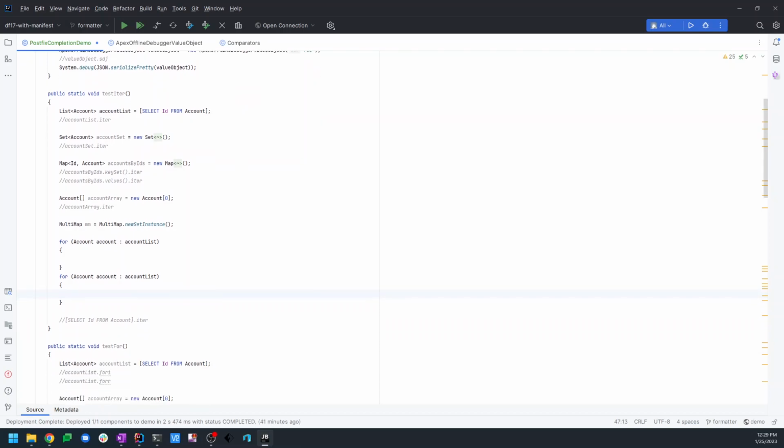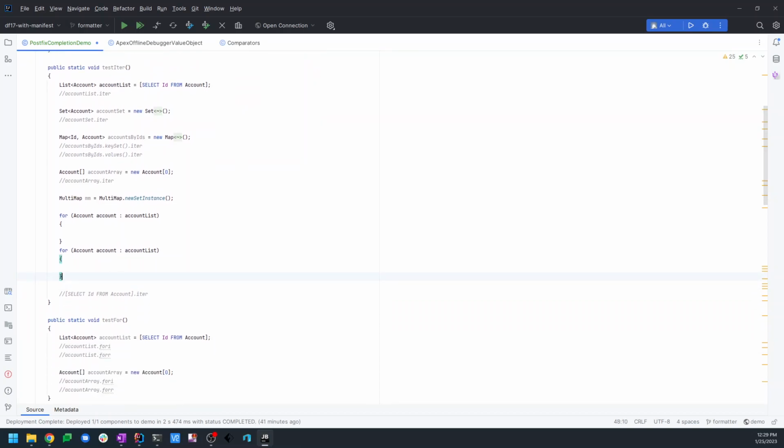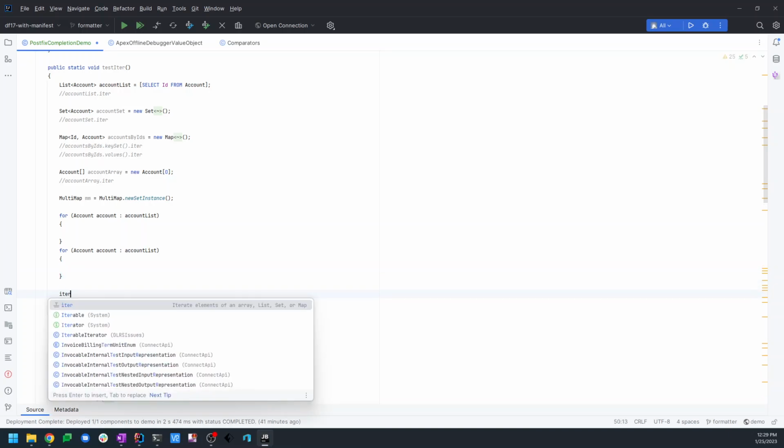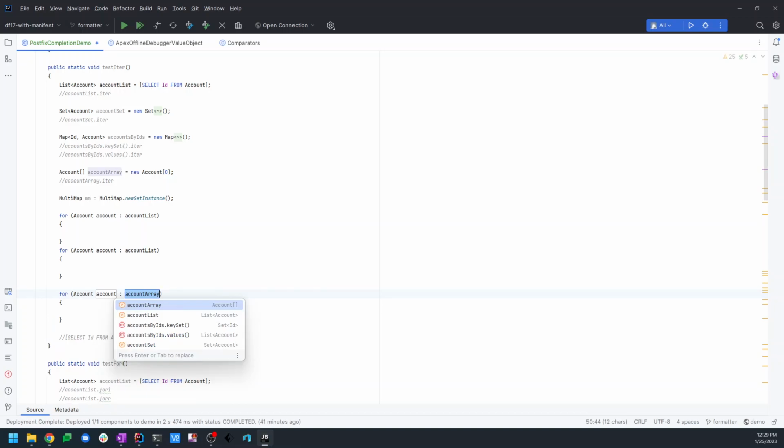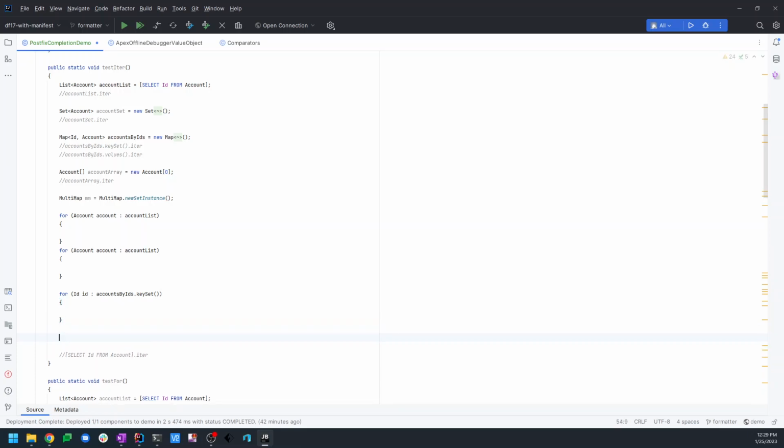Now, one of the other nice things about this is if you need to iterate across something that's indirect. The live template knows about maps and the fact that you might want to iterate across their keys or values, so we could choose their keys or values, but that's the only indirect thing it knows about already. But what if I wanted to iterate across something that's more direct? So let's say